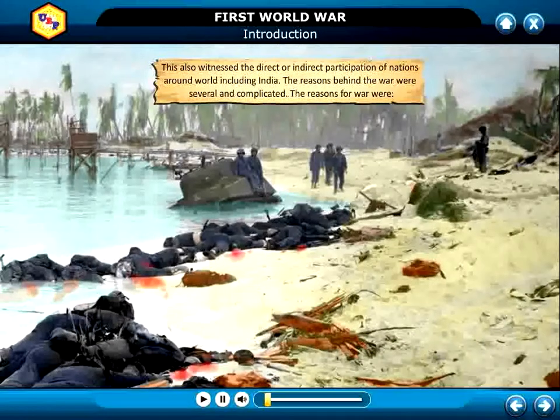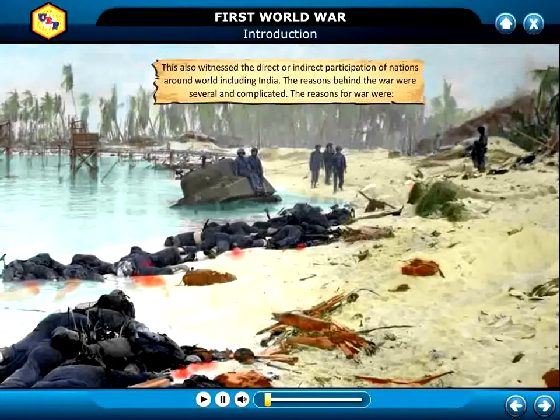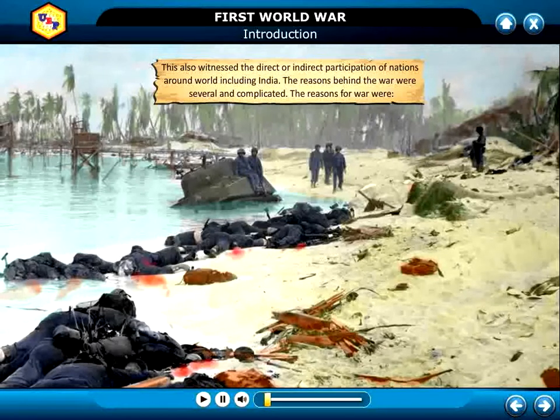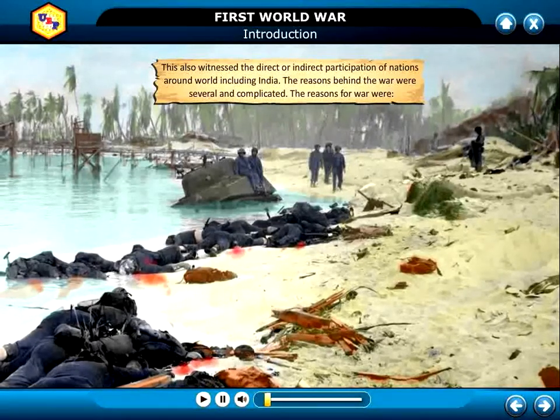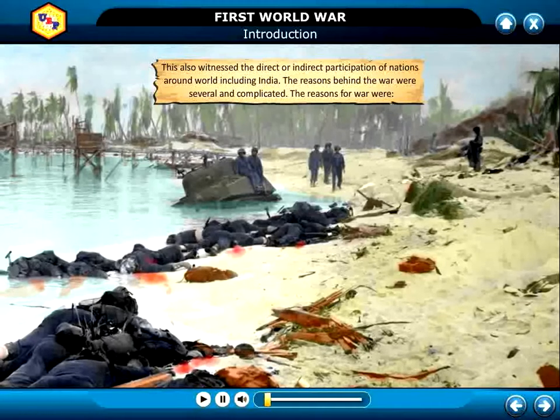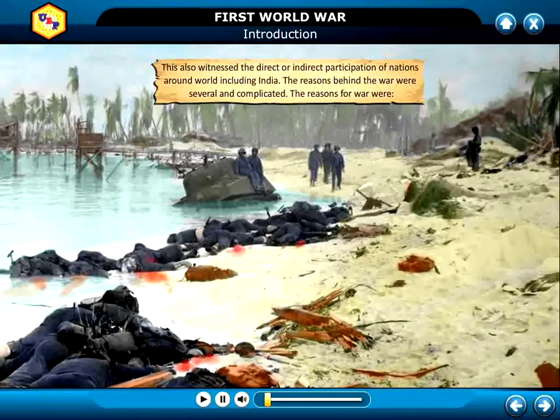This also witnessed the direct or indirect participation of nations around the world including India. The reasons behind the war were several and complicated. The reasons for war were: